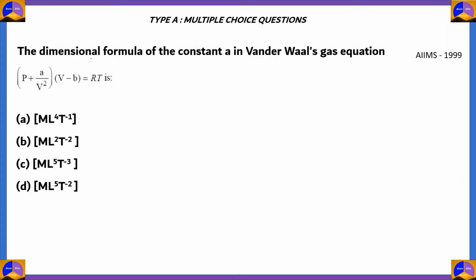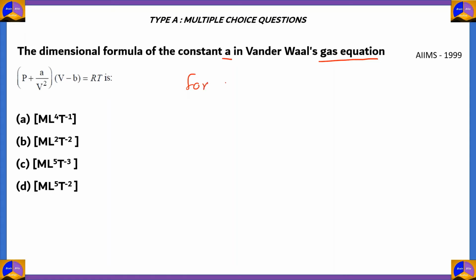Now let's look at our third question. The dimensional formula of the constant A in Van der Waals' gas equation, P plus A by V squared times V minus B is equal to RT, is one of the following. So how do you find a dimensional formula for a constant? Because if you've studied units and measurements, you know that constants do not have dimensions. Well, some do. If we're adding a constant to a particular dimensional quantity,